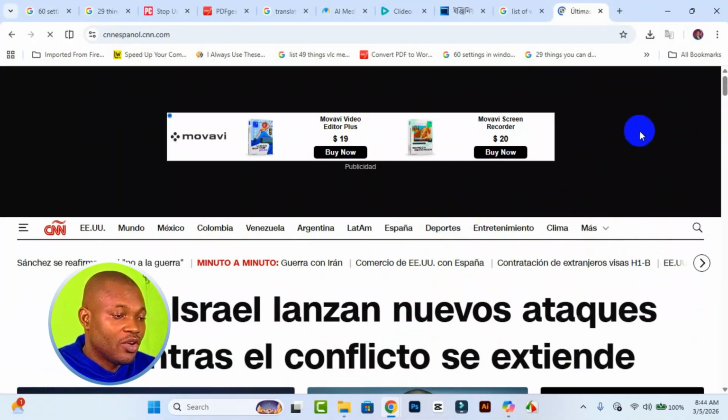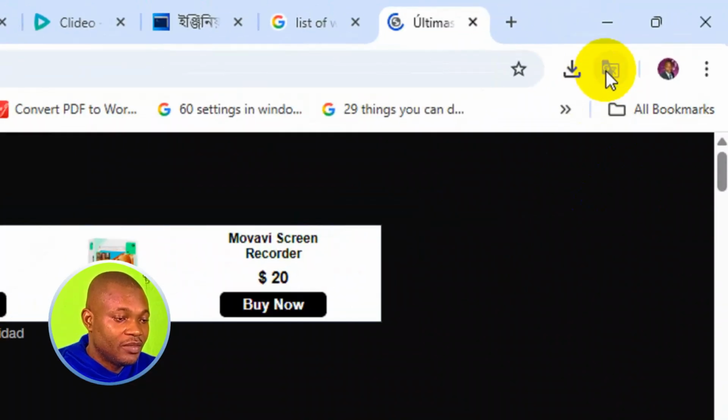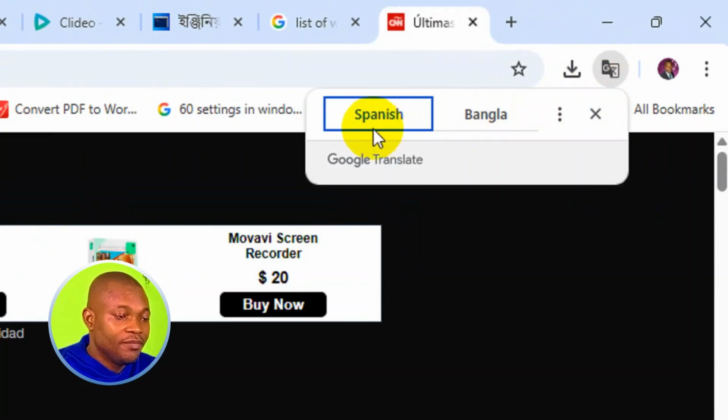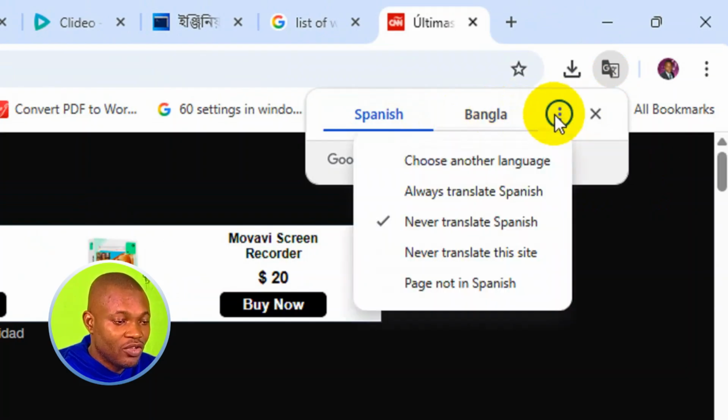First thing first, make sure you come to the top right here. So what you want to do here is to go ahead and click on translate this page. And this is going to pop up. You can see Spanish is a detected language. Next thing we want to do here is to make sure we click on these three dots right here. Then what we want to do here is to go ahead and click on choose another